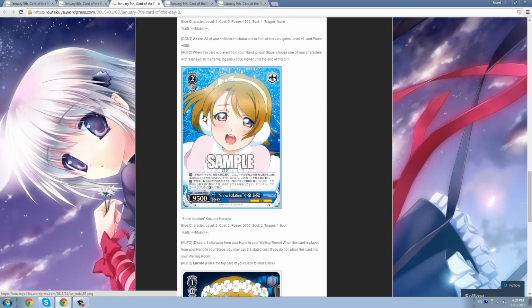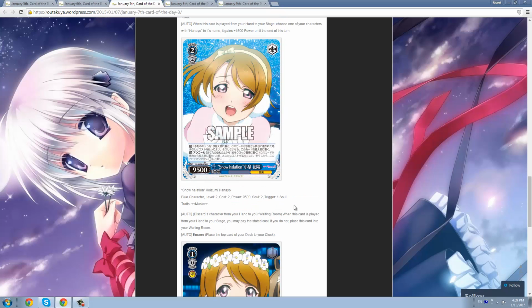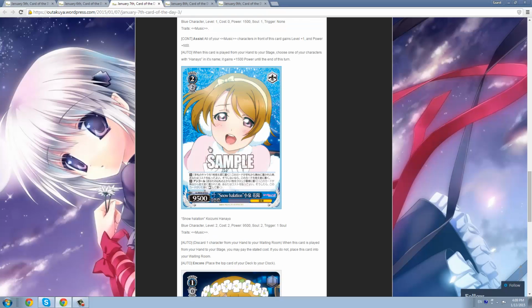Next up, more Hanayo, 2/2/95 uncommon music. What she does is when she's played from hand to stage, you may pay cost, which is discard a card. If you do not pay cost, place this card into your waiting room, and this card has Clock Encore. So she's the good old generic 2/2 oversized 2 soul beater with a downside. And her downside is that you have to discard a card for her to live. But the benefit is that she's 9k, 2 soul, and most importantly, she has Clock Encore, which is